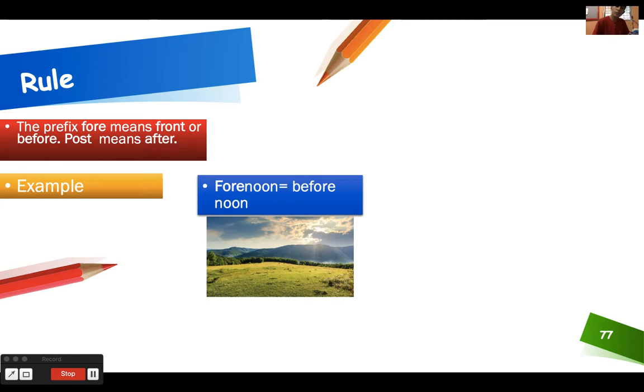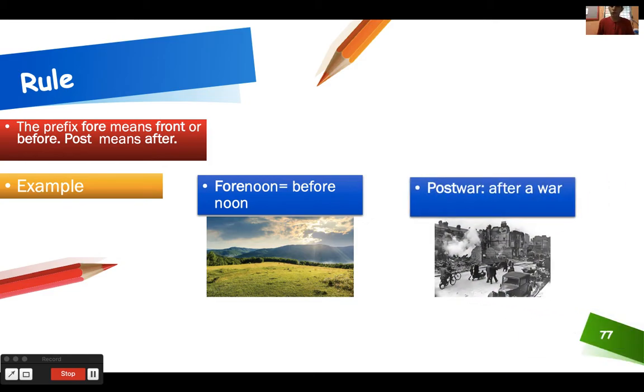We have forenoon, that is a time before the noon. Noon is the part of the day, for example, when we say 12 o'clock, the part when you eat your lunch, that is noon. But forenoon is the time before the noon. We can say that forenoon is in the morning, when the sun is rising from the mountains. Okay, forenoon. Fore means from or before something. Forenoon, before the noon, that means in the morning.